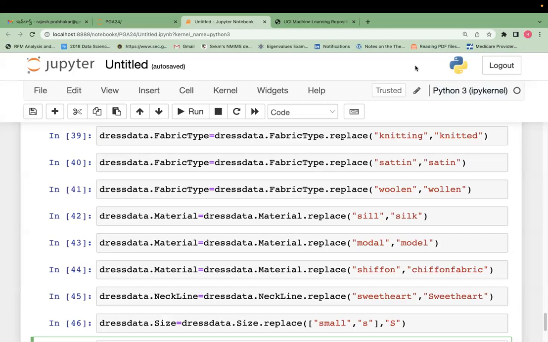This is the problem. Okay, sleeve length also we have a problem. Where is the replacement? No, for sleeveless. Why is data getting surrounded by